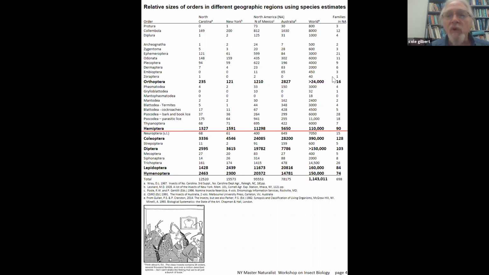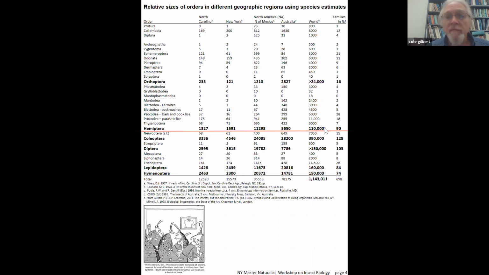Now we get down to a big one here, 24,000, or at least that's a big jump compared to these others. And Orthoptera, that's grasshoppers and crickets and katydids and their kin. So that's a pretty good body plan, pretty diverse, generalized, mandibles. Some of them are predators, some of them are plant eaters. We'll keep going, 3,000, that's walking sticks. Everybody recognizes a walking stick insect. There's 3,000 different kinds. We continue on down, different things, praying mantises, termites, cockroaches, till we get down to,